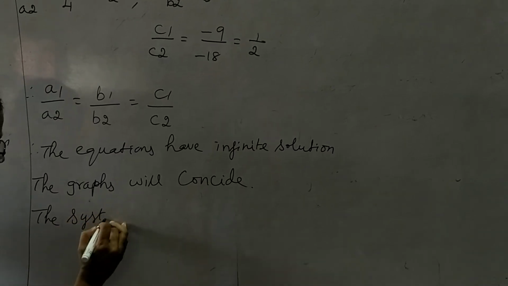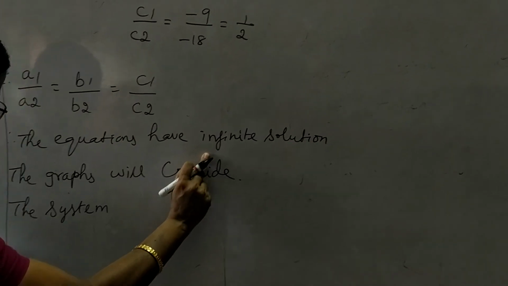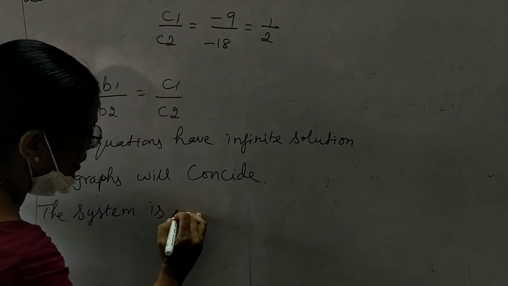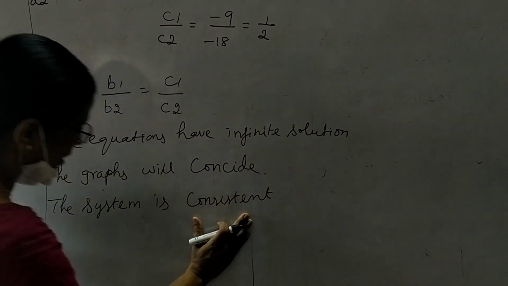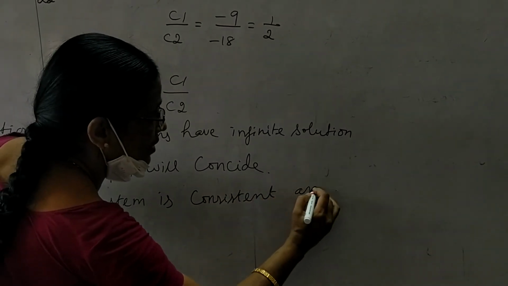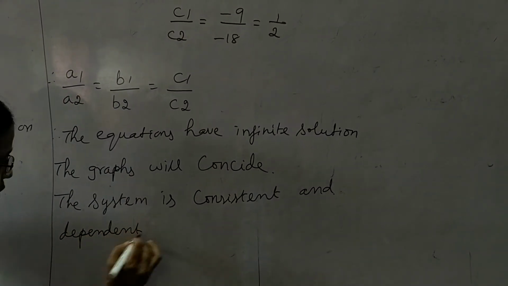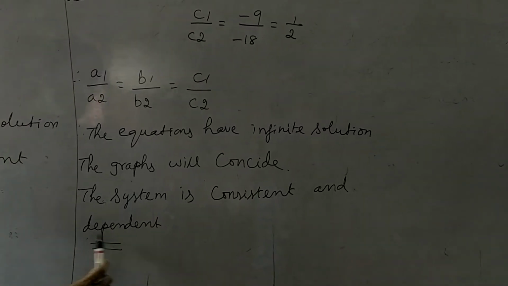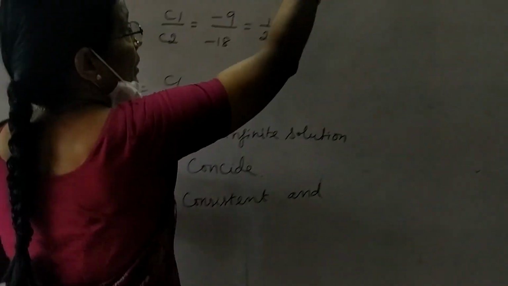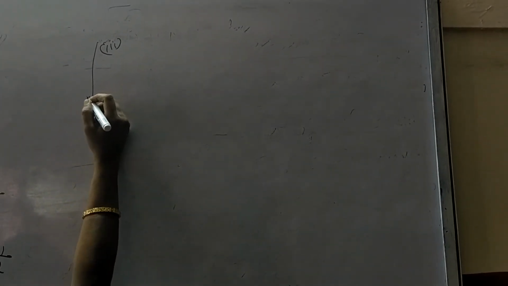So in two cases the system is consistent: when it has a unique solution, and also when it has an infinite solution. So here also we say the system is consistent. But here it is a special case. The system is consistent and dependent. Here is an additional property: when it has infinite solution, we say the system is consistent and it is dependent. The last case we are going to see, remember, that is